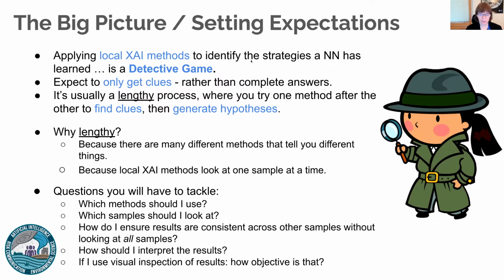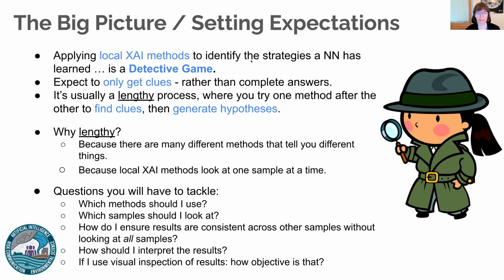And if I use visual inspection of results, you saw these little images of the bird outline. How objective is it? Am I using wishful thinking when I'm looking at the results? So I think what I'm trying to get across is that this is kind of an art, and that it's not something that's quick. It takes a long time if you have one neural network and you want to explain it,